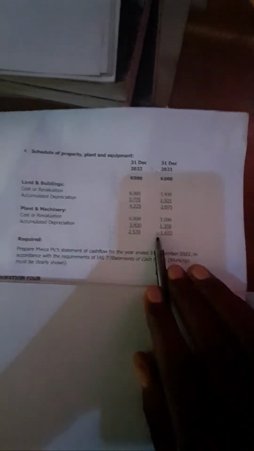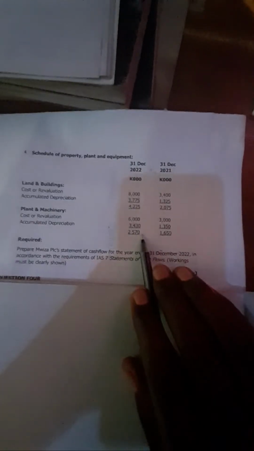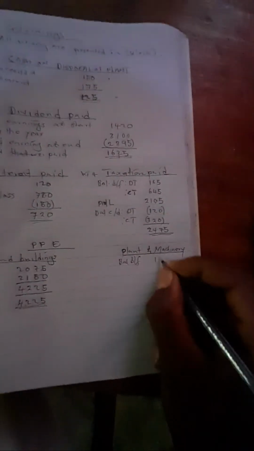And then here, the balance brought forward for plant and machinery. There's this one, 1650 and 2570. You simply bring them down here. The balance brought forward is 1650, and then you just leave a space there also. The balance that is carried down, the one that we have, was